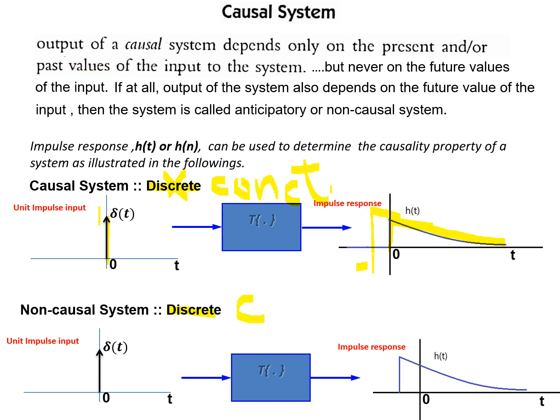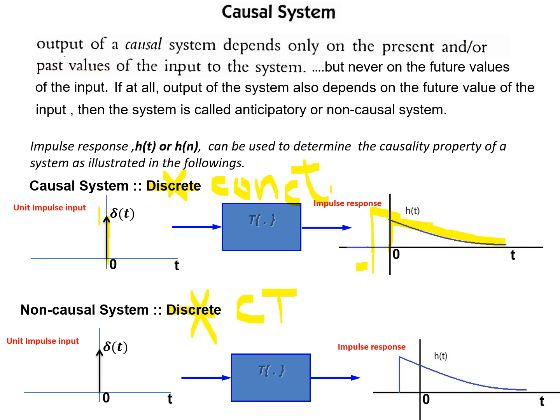CT system. I'm sorry, I made a mistake again while making the slide. Please pardon me. So this is CT. In this CT system, the definition holds equally. Whether CT or DT doesn't make any difference. The definition is the same, only the notation is different. The signal types are different, otherwise the definition is the same.